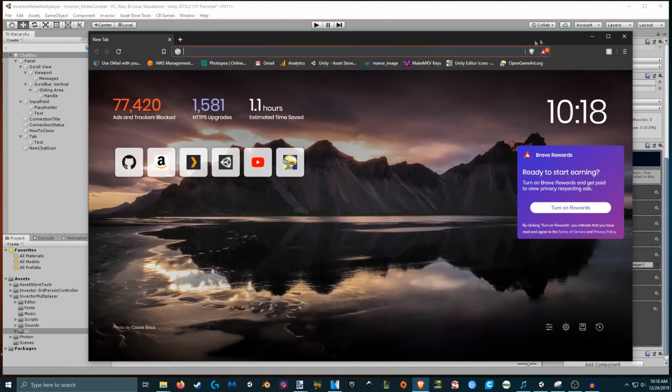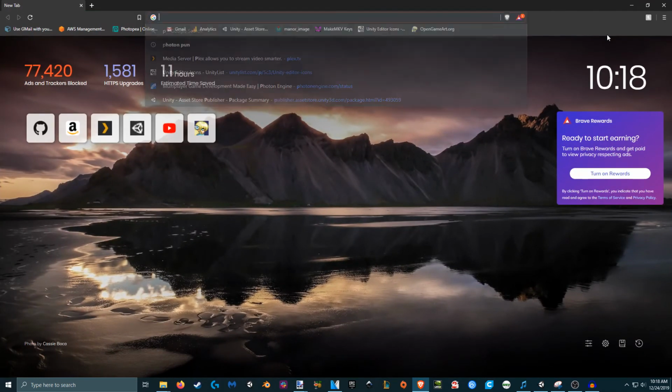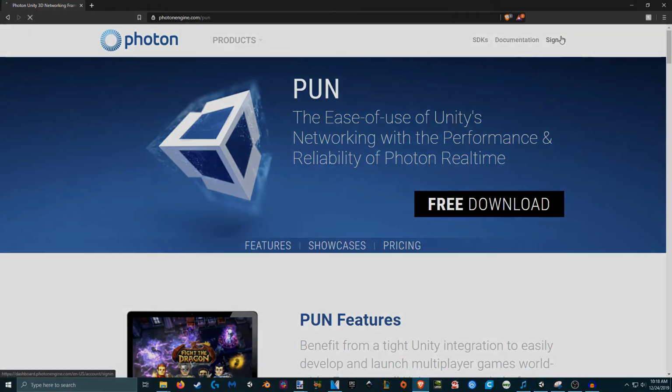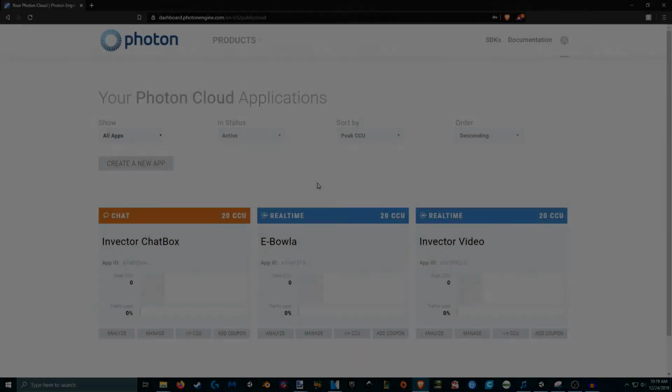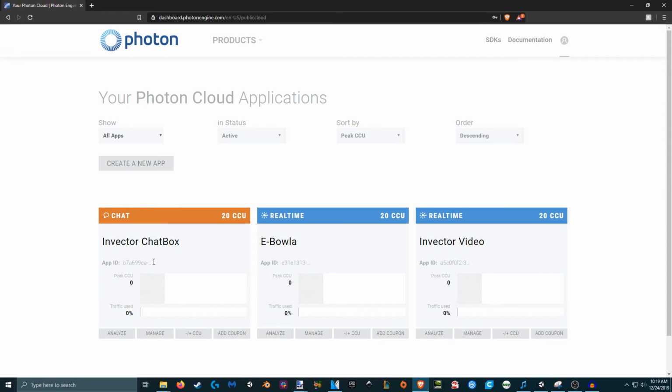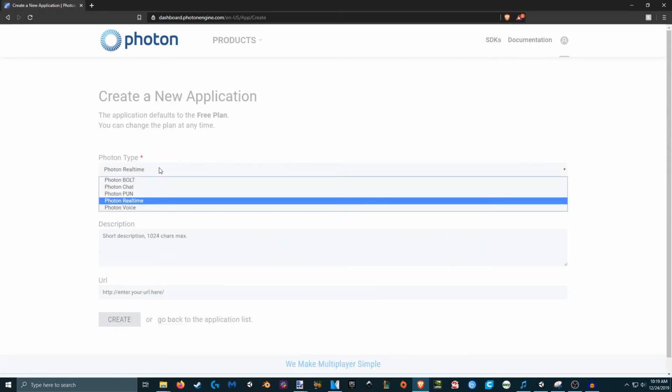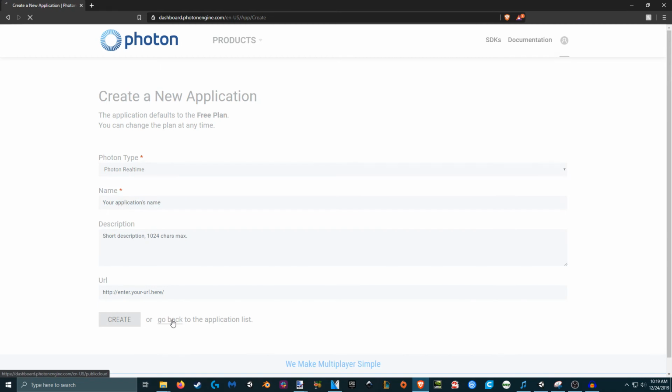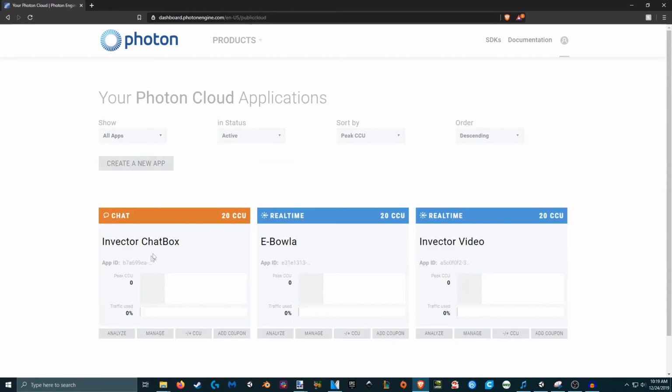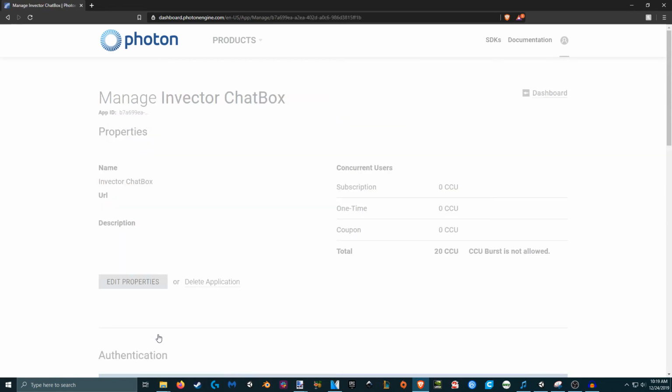So let's go ahead and go to Photon, the Photon main page, that is. Photon Pun, it's just that top one. I'm going to go ahead and sign in. Okay, so here we're signed in, and so here's a chat box that I have set up. And remember, you can go in here and create an app and Photon chat, but I call it Invector chat, and I have my ID here. So let's go to manage, and remember, you can add more people to connect. By default, the free version allows you to have 20 people,